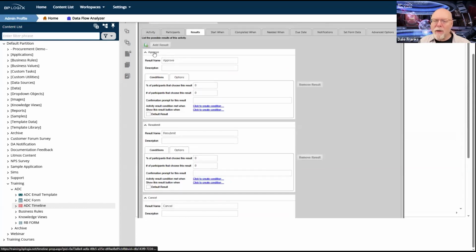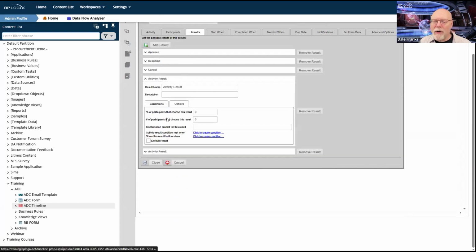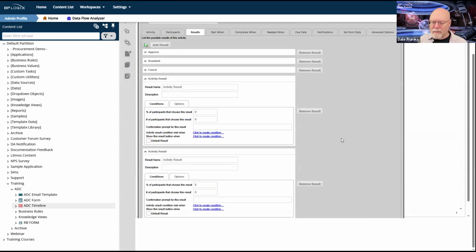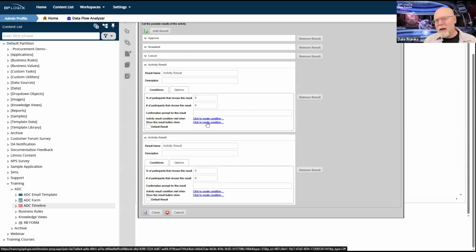And let me go ahead and make these smaller so that I can make these bigger and we can all see them on the screen. So these are my two activity results. So these three up here, they're standard. I'm not going to want to see them all the time. However, because the complaint is going to be tricky and I need to do some wizardry on my complaint to ensure that I have the appropriate activities.